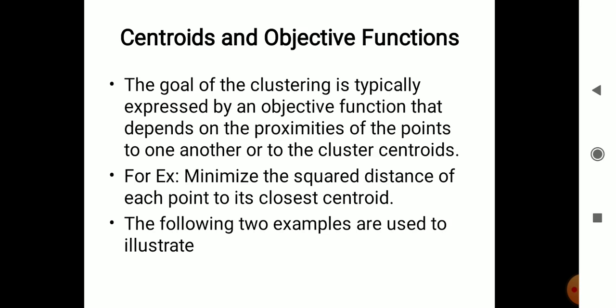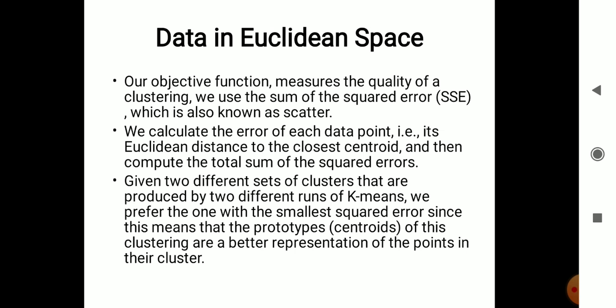Here it is nothing but minimizing the squared distance of each point to its closest centroid. Here we are explaining this with the help of two types of data: one is data in Euclidean space, and the other is document data. Suppose you are considering data in Euclidean space, here our main objective function, which measures the quality of a clustering, is